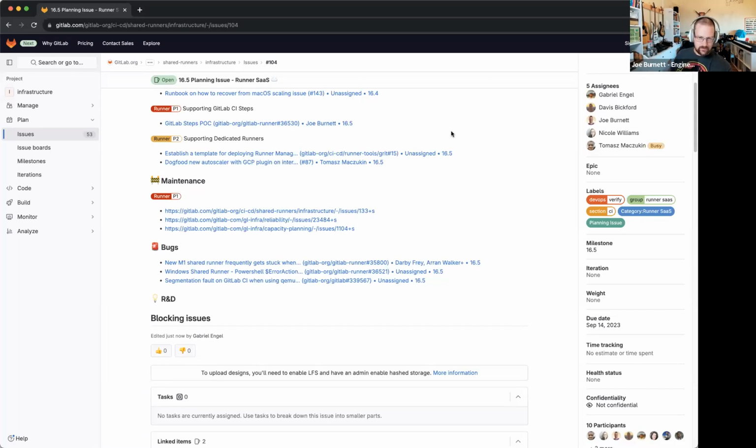I've spent some time over the last month figuring that out, and I just wrote up an update to the Step Runner blueprint, which is out there. There's a blueprint merged already called Step Runner, which describes the goals. And I just put out an MR yesterday with the implementation details and a demo video of some code, showing the structure and how we're going to pull components into the job and how you can